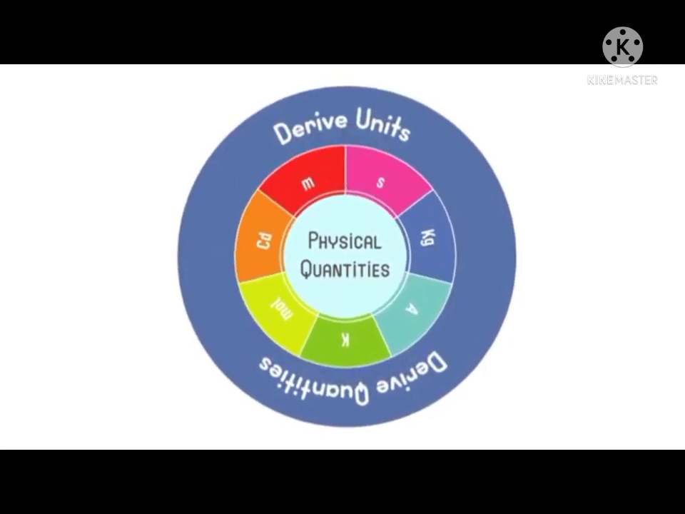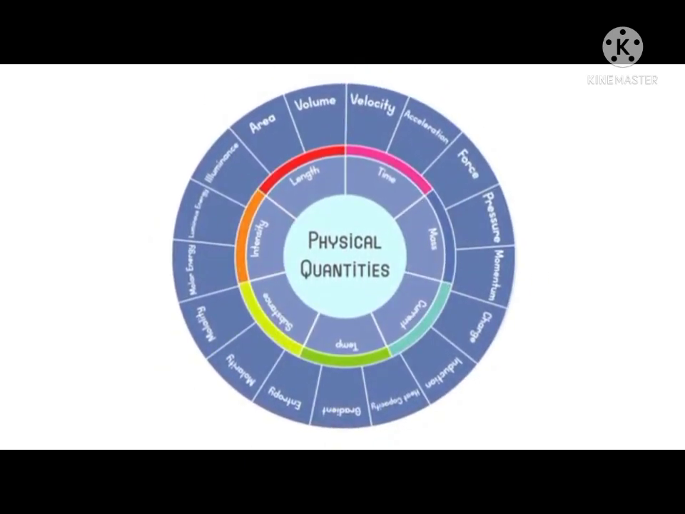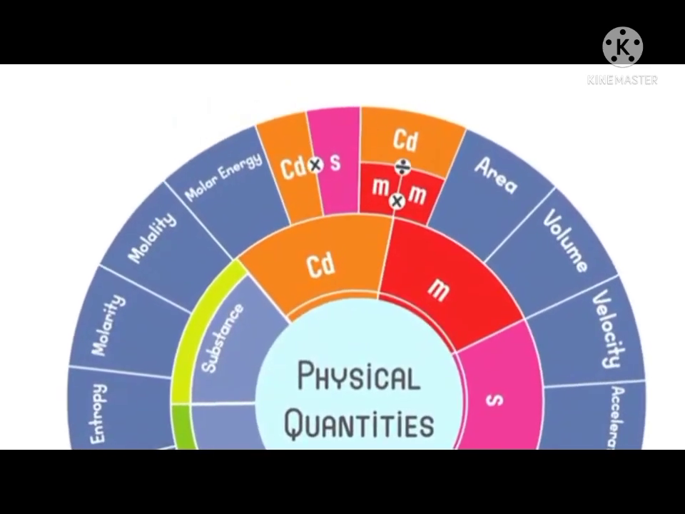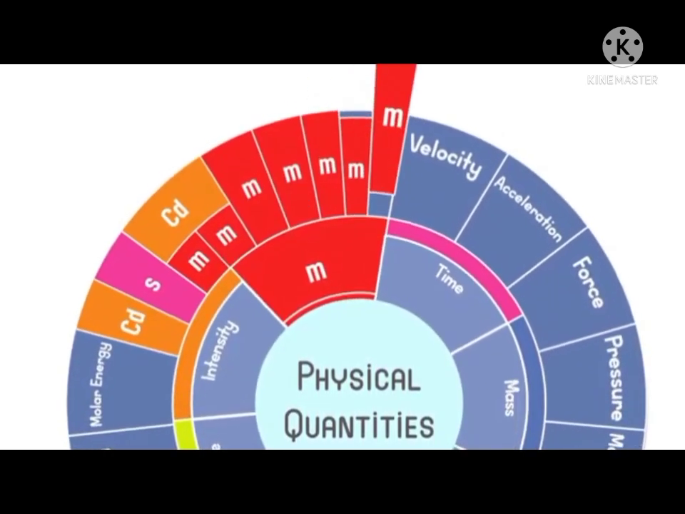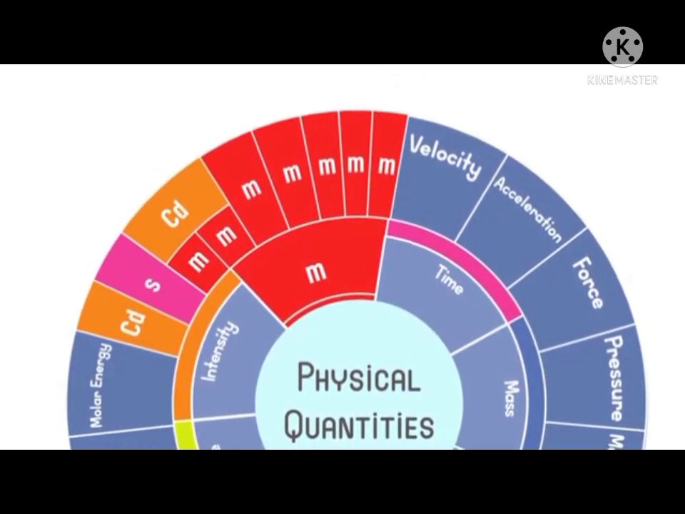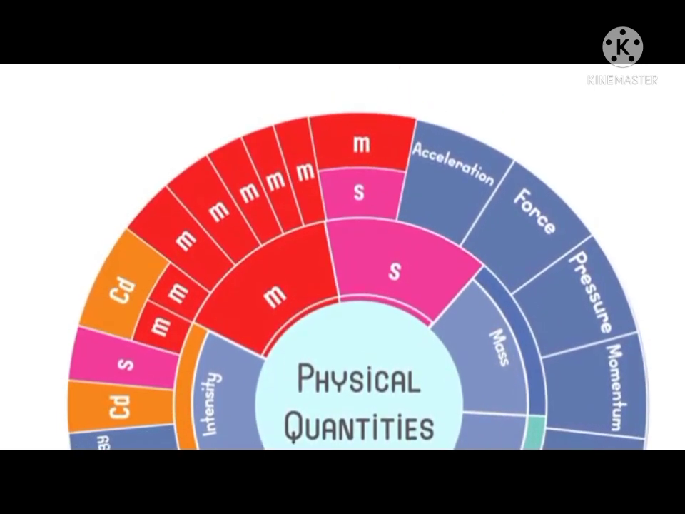Derived units. The units used to measure derived quantities are called derived units. They are defined in terms of base units. We get them by multiplying or dividing one or more base units with each other. For example, the unit for area is square meter, and for volume is cubic meter, which are based on the unit of length. Some derived units and their symbols are as follows: velocity, which is measured in meter per second;